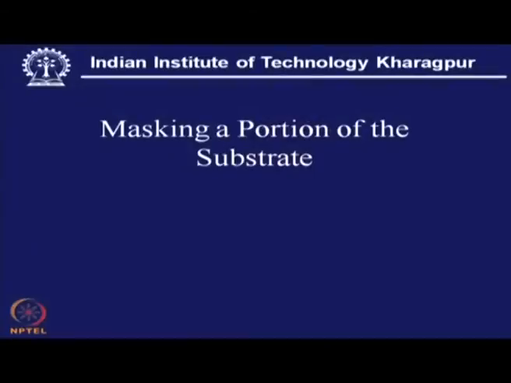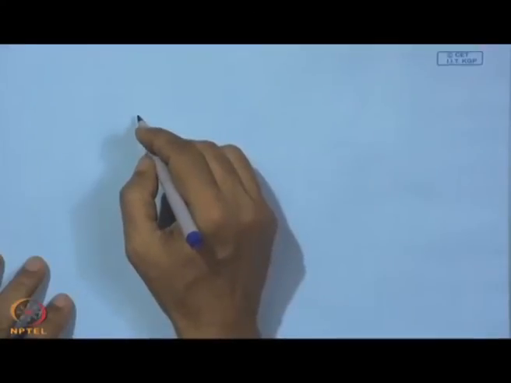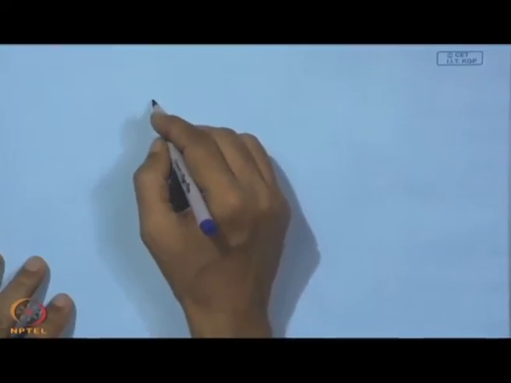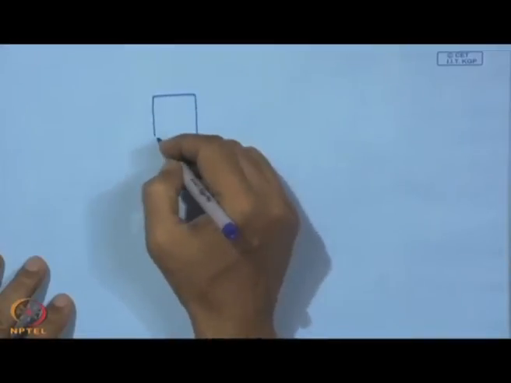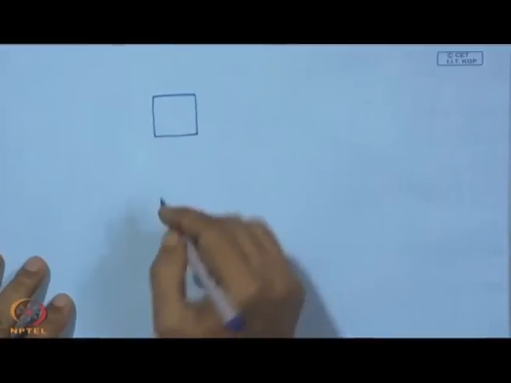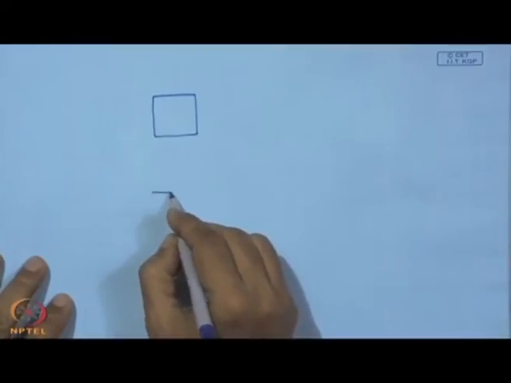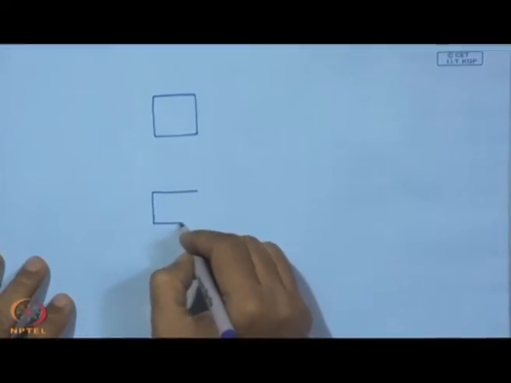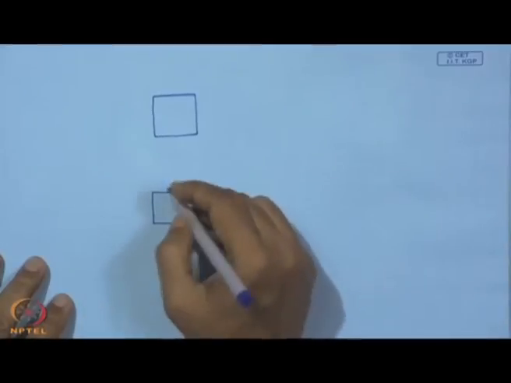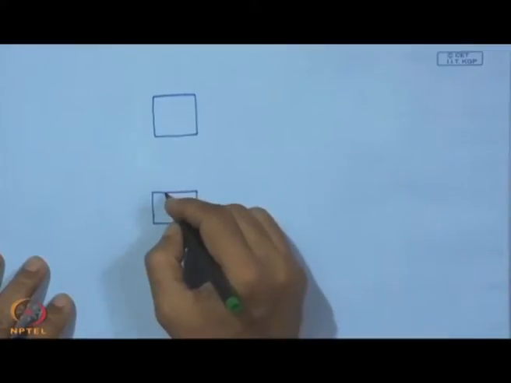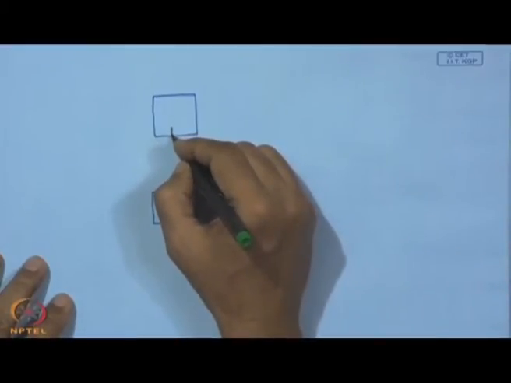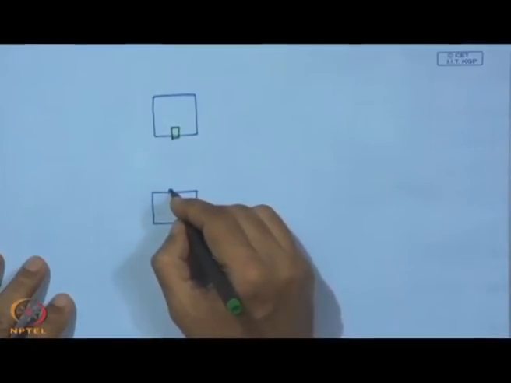Now, what we see is masking a portion of the substrate. Say for example, this is the top view of the substrate, and this is the front view. So, what we can do here is mask this surface. So, this is actually the mask,